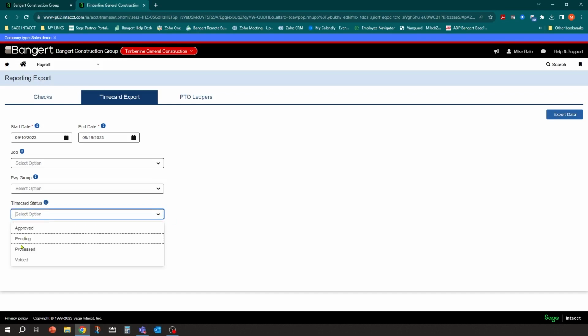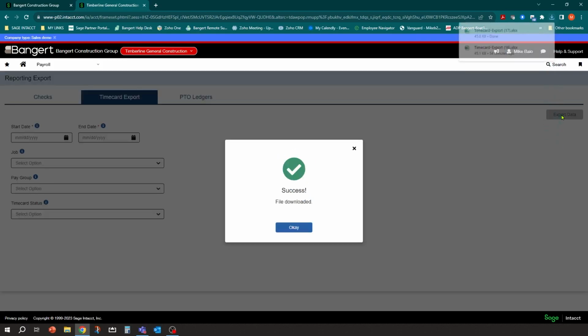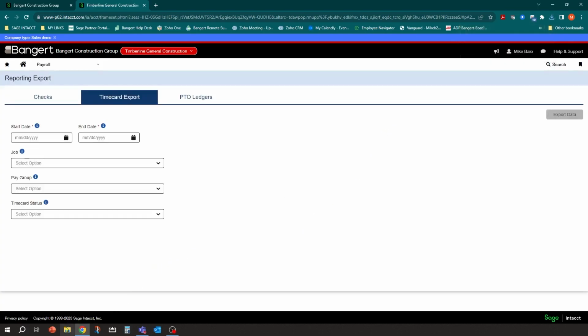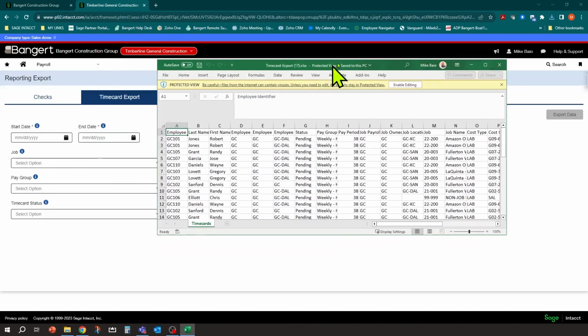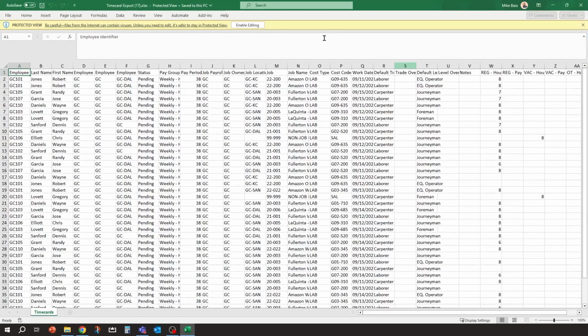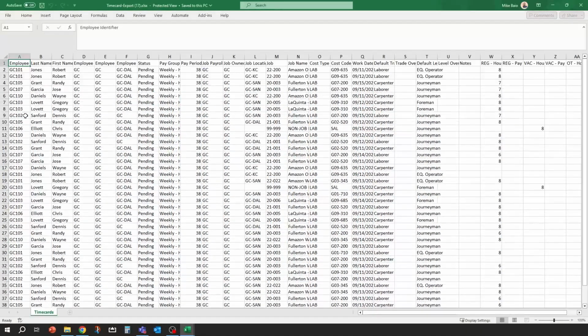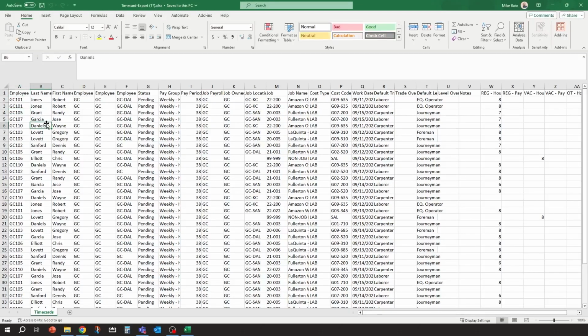And you can just do pending time. We'll just hit export. So it doesn't generate an official report. It generates an Excel file that you can open up. And I will open that up over here and show it to you. And this will bring over all that time detail that we just imported in. And the only thing that's missing in here is subtotals. So this is one downside to it.